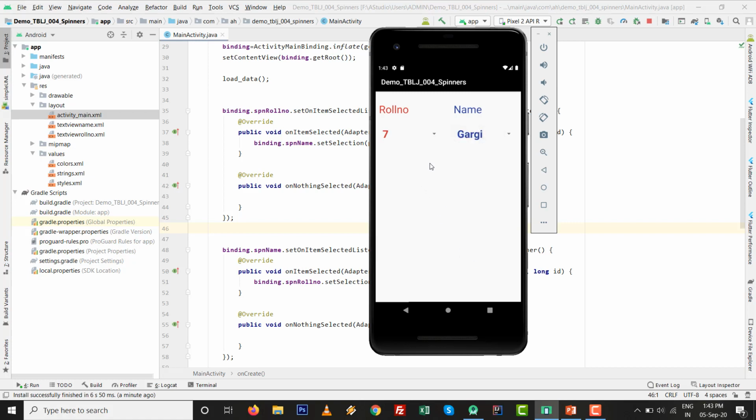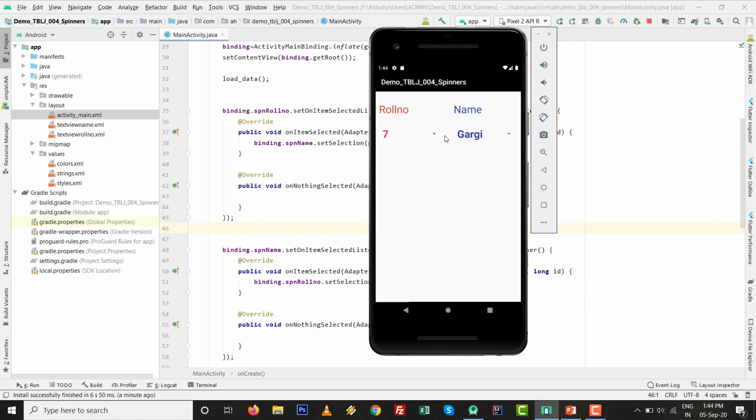Many times inside development I see that someone makes certain fields invisible and fetches the values accordingly, set from another spinner or another selection-based value. So it is a very important practical.